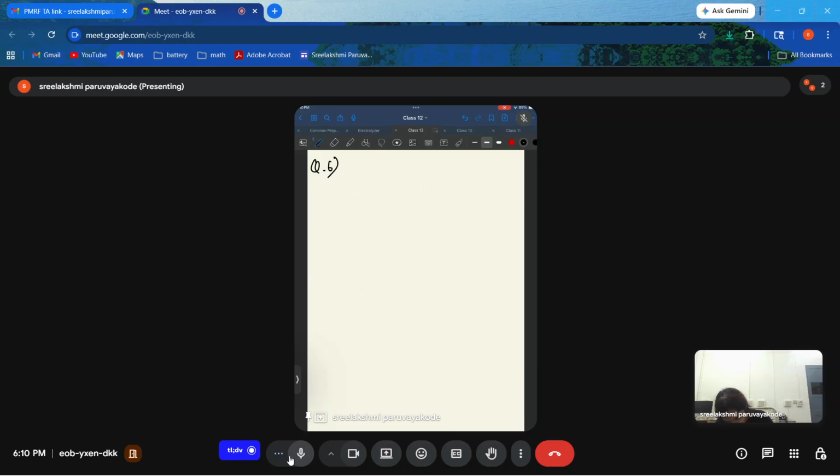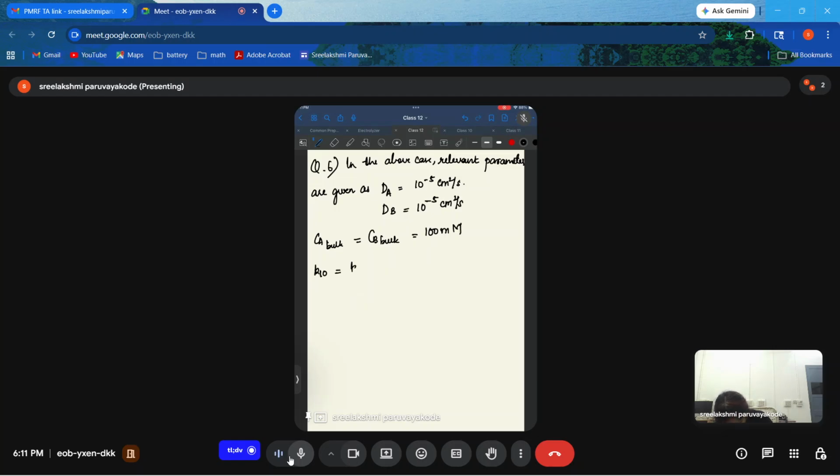In the above case, the relevant parameters are given as: DA equal to 10 to the power minus 5 centimeters square per second, DB equal to 10 to the power minus 5 centimeters square per second, CA bulk equal to CB bulk equal to 100 millimolar, K10 equal to K minus 10